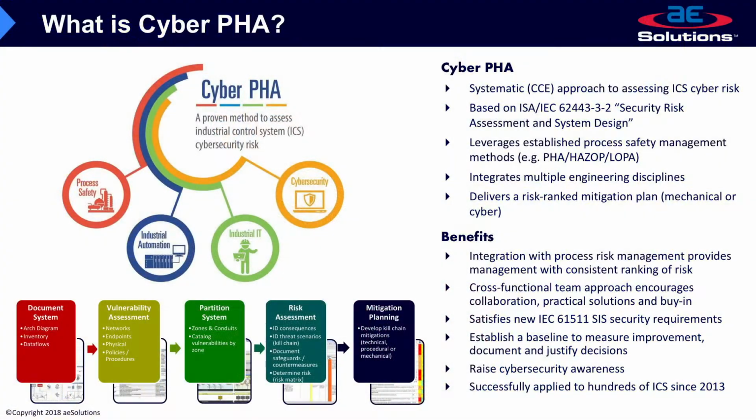Down at the bottom, I show the process there, and it basically starts with, first you have to understand the system that you're going to be assessing. So the first leftmost block talks about documenting the existing system in terms of having a good architecture diagram of what the system really looks like. I like to do it in a Purdue model. I guess I'm a little old-fashioned because I heard Purdue is dead, but not in my world. So we still use the Purdue model as a nice way to organize the information.